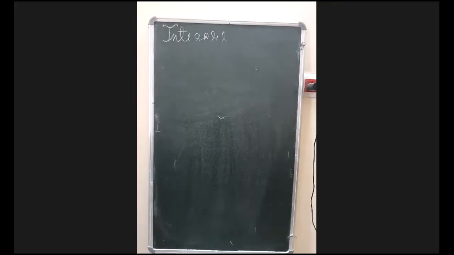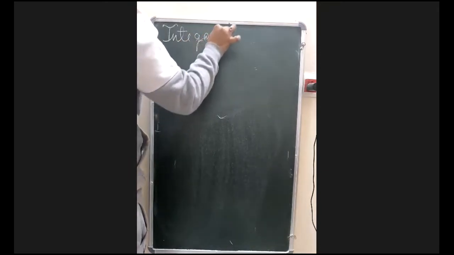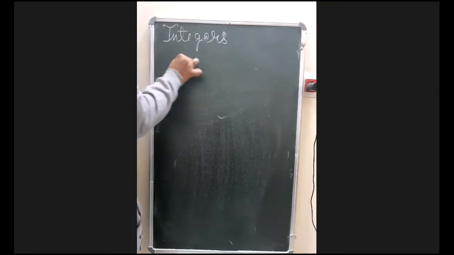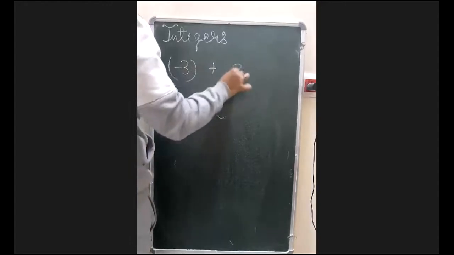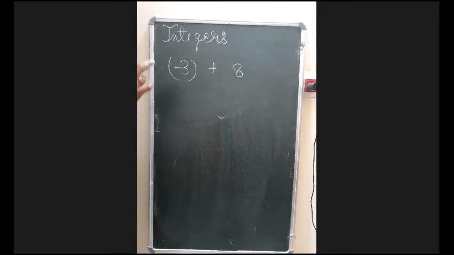So now we are going to discuss when one is positive and another one is negative. ठीक है, अभी तक हमने देखा कि या तो दोनों positive हो या तो दोनों negative हो. But what if the signs are changed? If both are of different sign, for example, if it is -3 and 8, one is negative, another one is positive. In that case, what will you do, beta? You will always subtract.